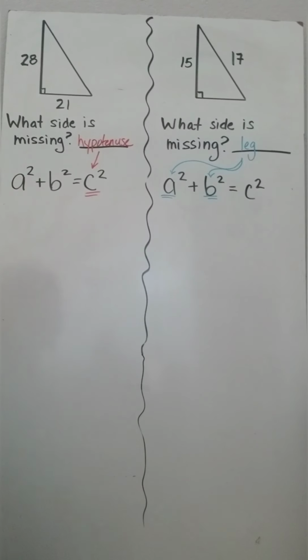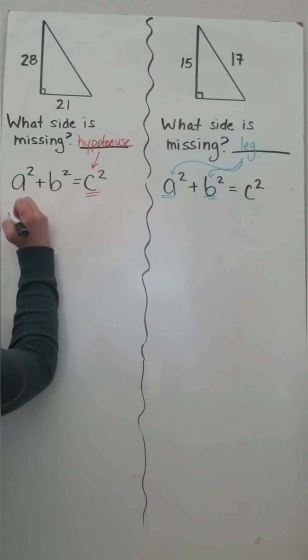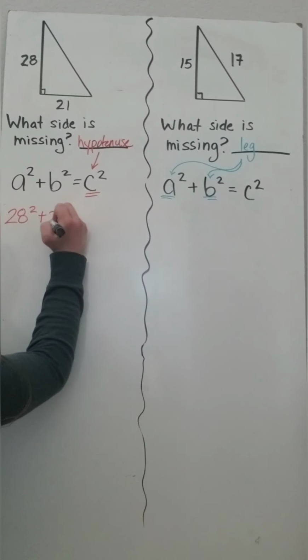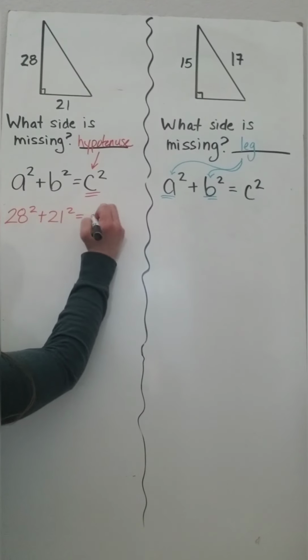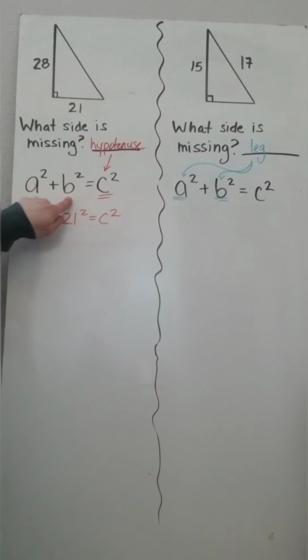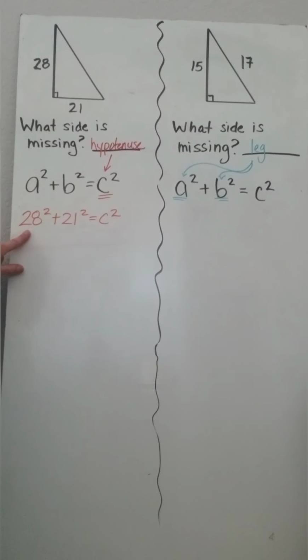Now it doesn't matter which one you plug in for A or B, just make sure that both of them end up in your equation. Now that I have substituted values in for A and for B, I'm going to go ahead and simplify the